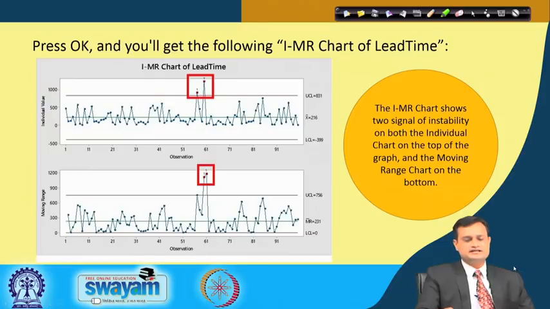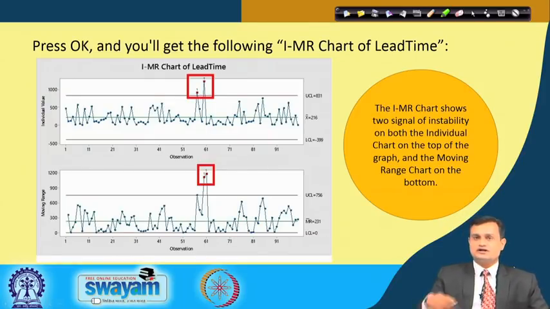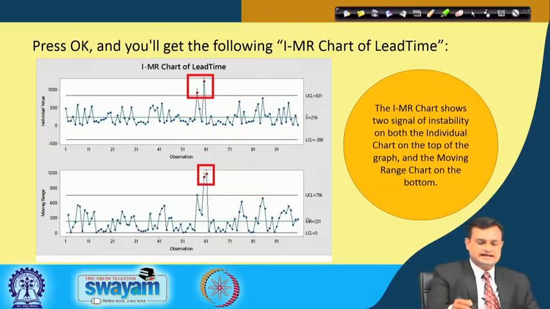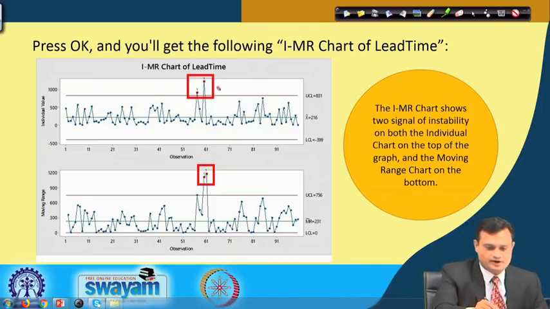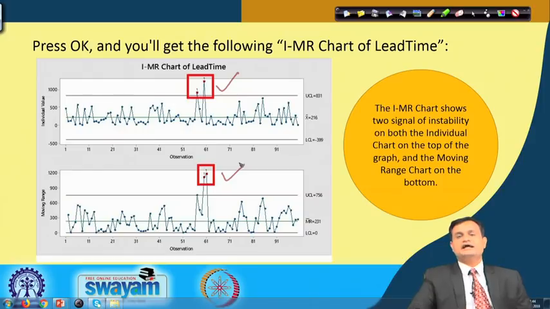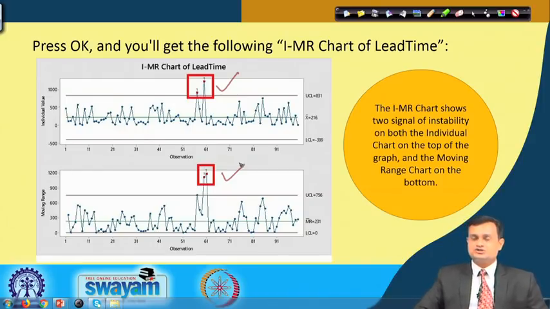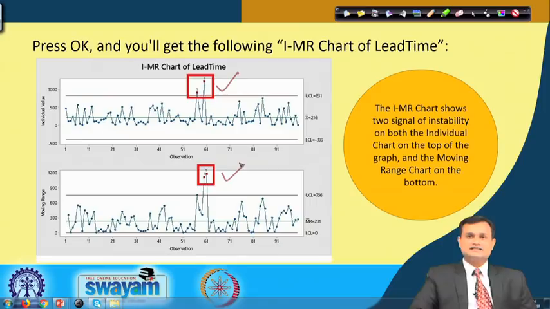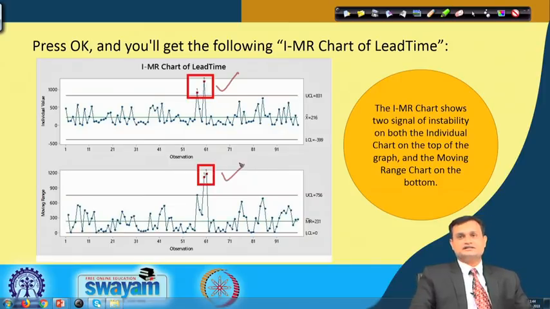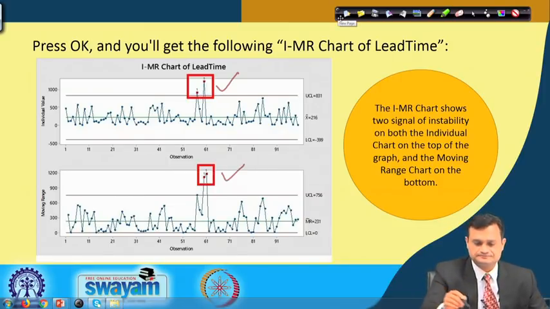I am putting in the variable lead time. I can generate this chart, which I have already shown in the previous slide, and I can see that yes, there are some points falling outside and there is a stability issue. So, either I can discard these points and do it again, or I can take certain corrective actions so that my process becomes statistically controlled and stable, so that whatever data I collect is adequate and good enough to conduct the process capability analysis.